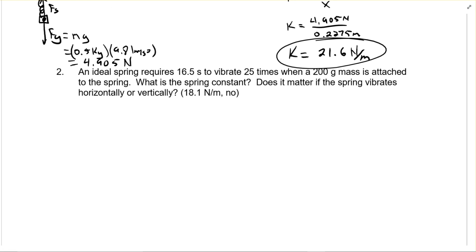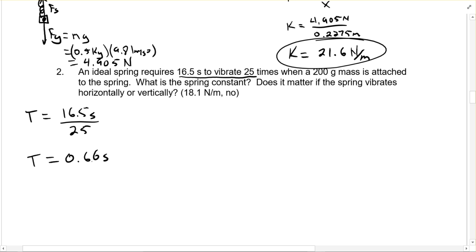All right, number 2. An ideal spring requires 16.5 seconds to vibrate 25 times when a 200-gram mass is attached to the spring. What is the spring constant? Does it matter if the spring vibrates horizontally or vertically? So we got to figure out, when it tells us this, we can figure out our period quite easily, right? So let's figure out what that is first. So T is going to be total time over total number of vibrations. So that divided by 25. So period is going to be 0.66